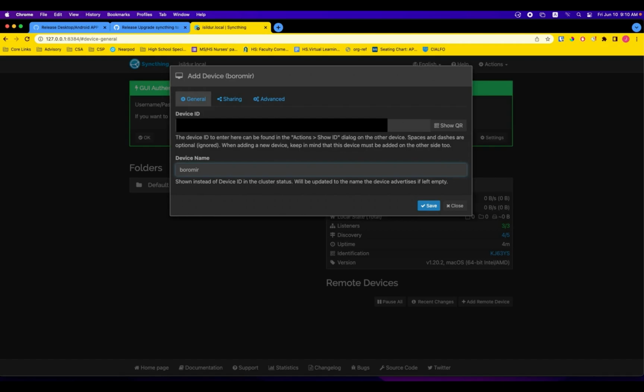The device ID I've typed in is that long thing that you saw just above the QR code, but the one from the other computer. So that is the one that I see when I click the device identification on Boromir, not the one that I see when I click it on Isildur. So once I've set that up,